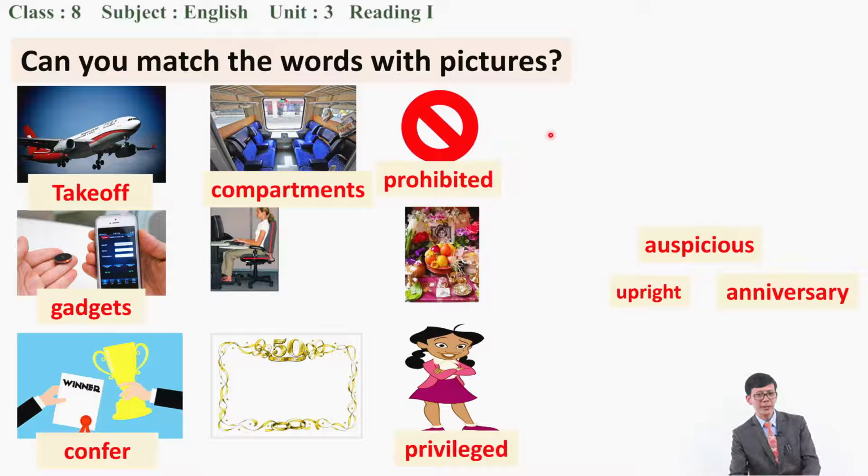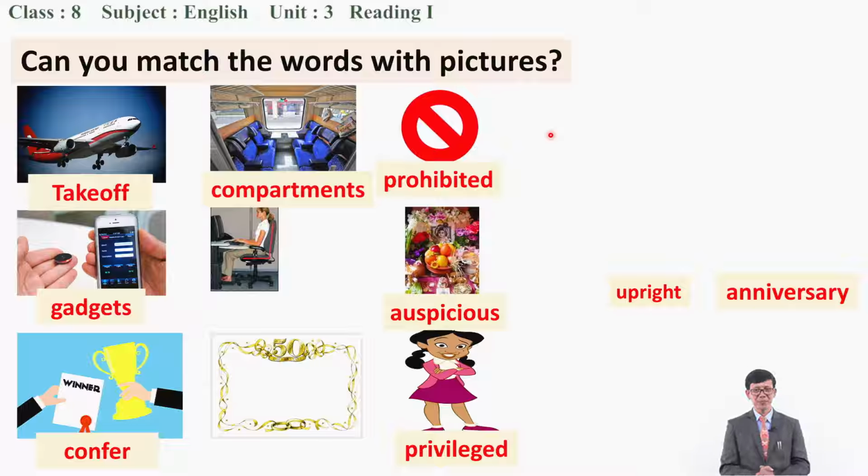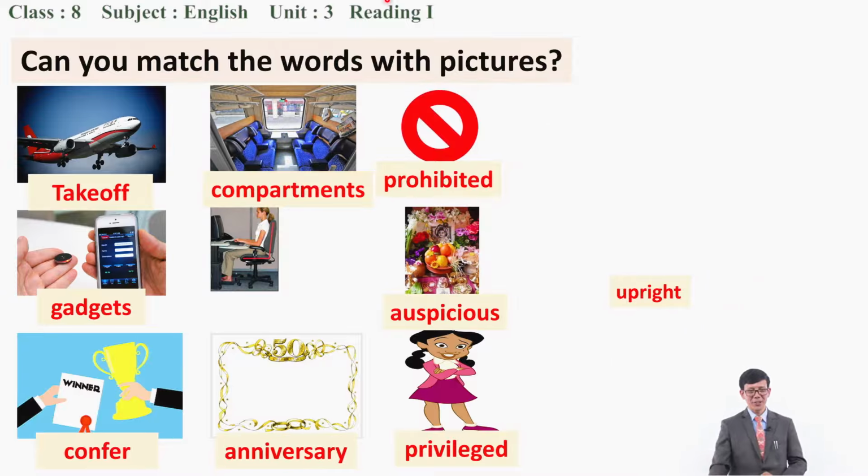Let's see, what about the next? Right, you can see the occasion. You can see, let's say, a festival. So we do have some sort of celebration, so the auspicious occasion of what? Maybe Dashain, maybe Tihar, or some festival. You can understand. What about next? Oh, anniversary. You can see there. This is the 50th anniversary, right? So you understand, that is the anniversary, annual celebration.